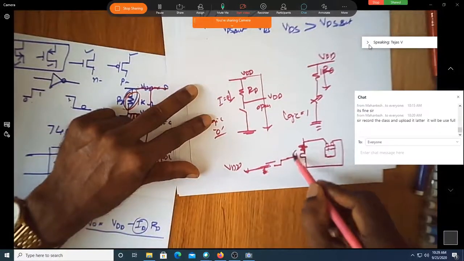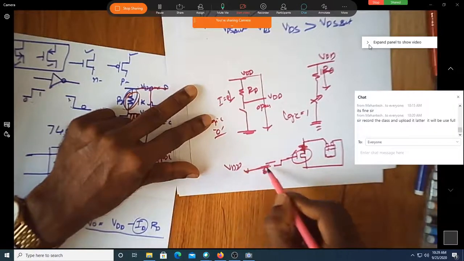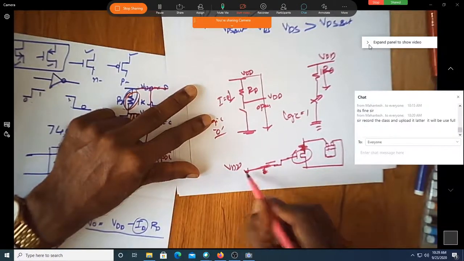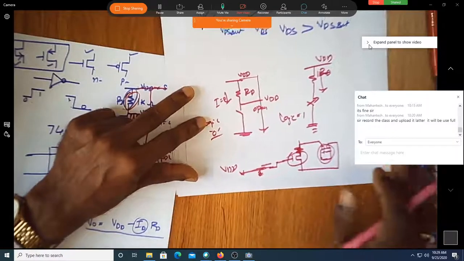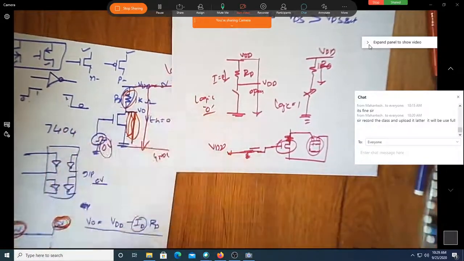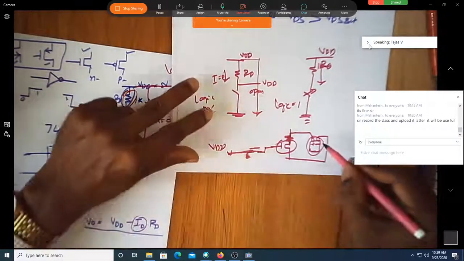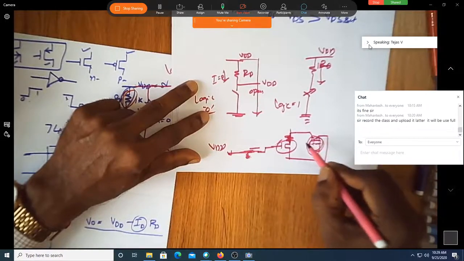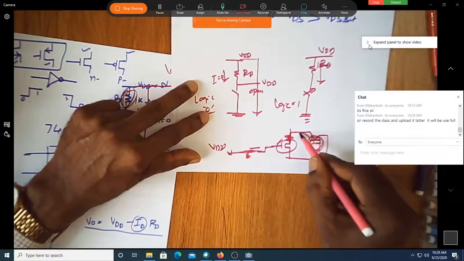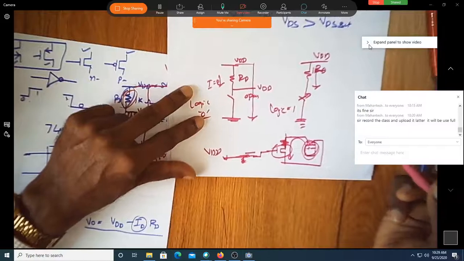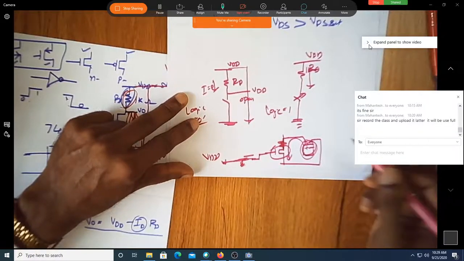This is a MOSFET. You give the input as VDD. Does this battery dry out maybe after 1 day or 2 days if it is always on? Yes, sir, because current flows through the resistor and power dissipation happens in the resistor. Meaning whatever charge is stored in this battery is being allowed to discharge through this path. Am I correct? Yes, sir.